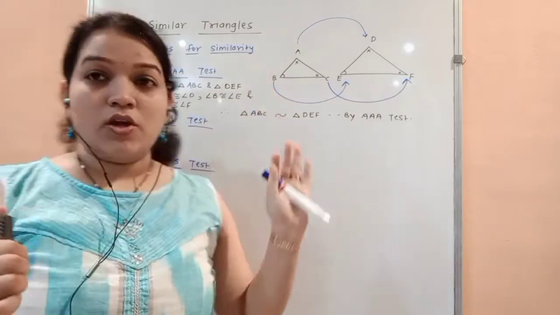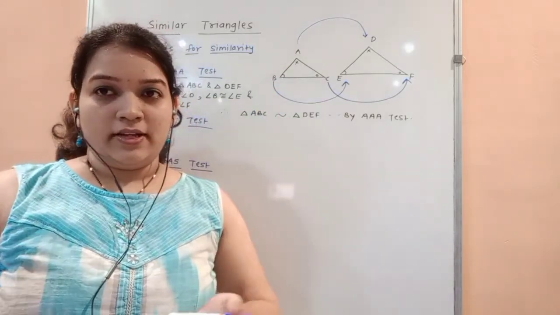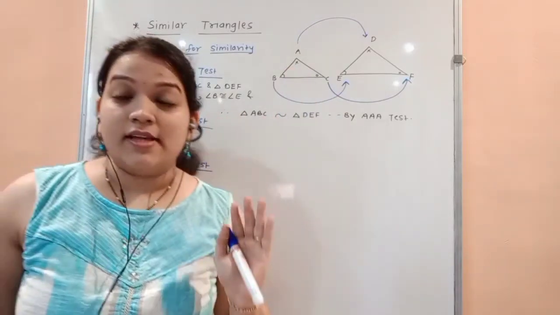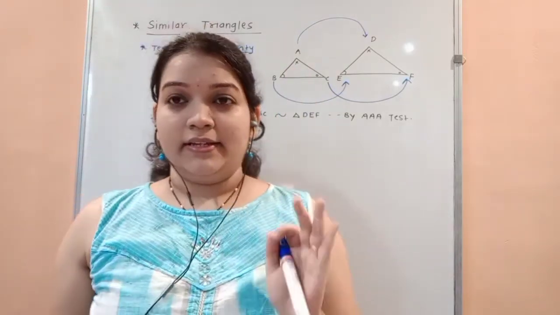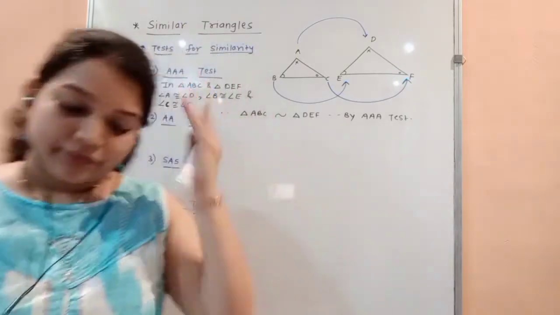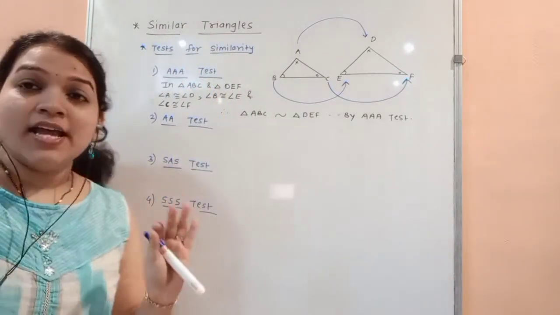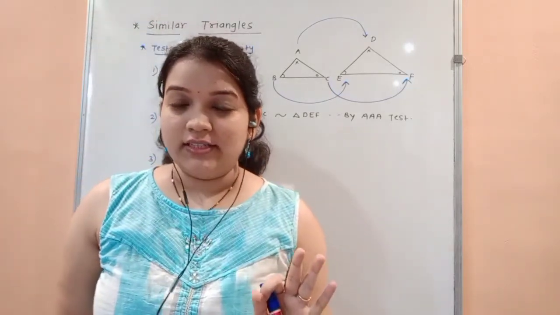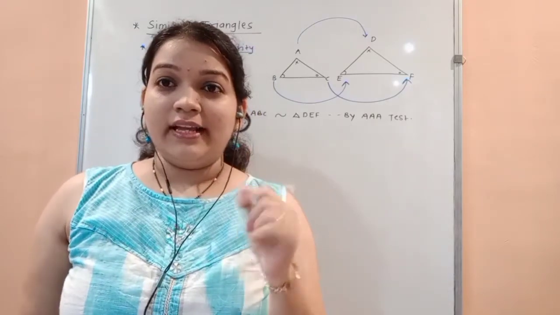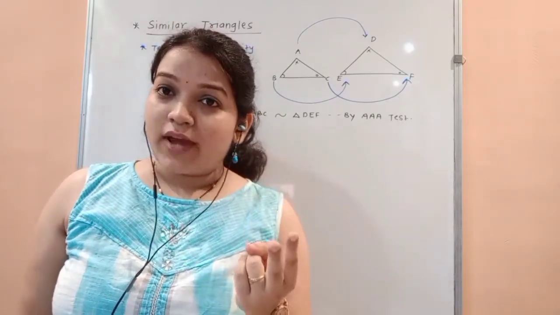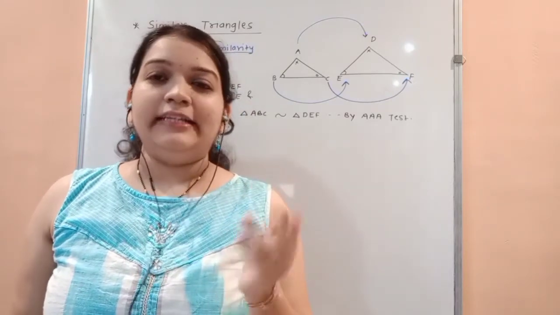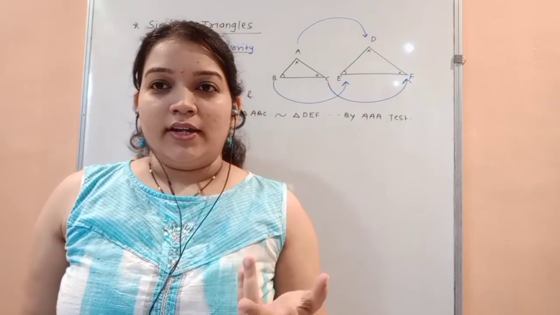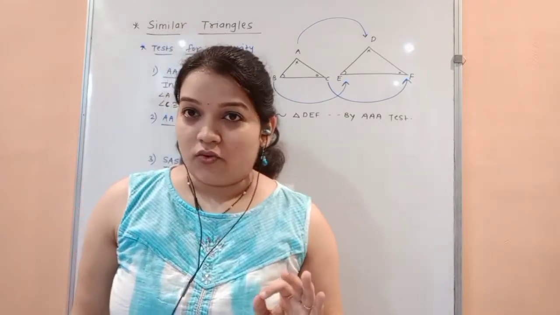If three angles are congruent to three angles of another triangle, then we can say that both the triangles are similar by AAA test. Okay. Now, next test is AA test. Nothing is different. See, every triangle has three angles, yes or no, and the sum of all three angles is 180 degrees, in which if two angles are congruent, then automatically the third angle will be congruent, yes or no, because 180 minus that sum, you are getting the same answer, yes or no.